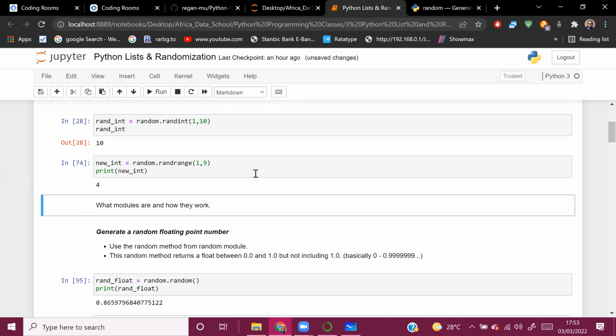So that if you have an error somewhere, then you know which file that error comes from, and then you can go to that file and correct or debug your code. You can think of modules as